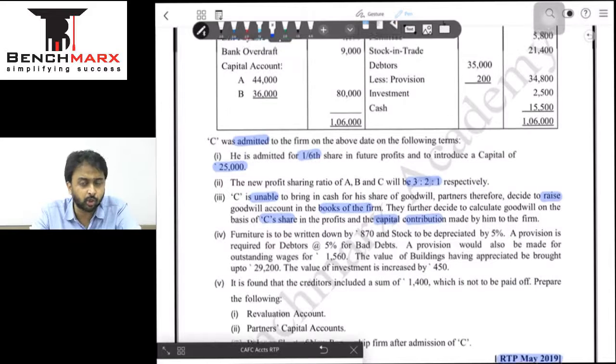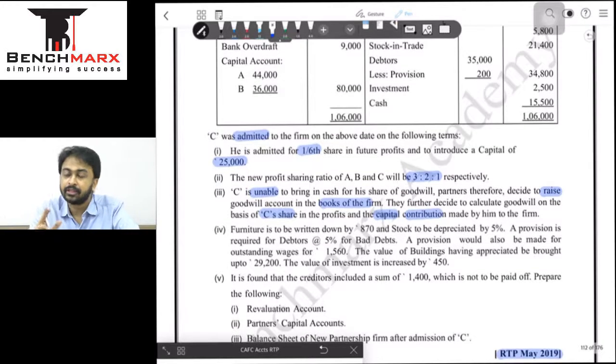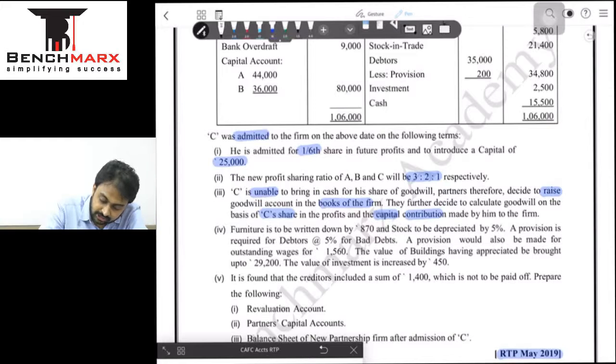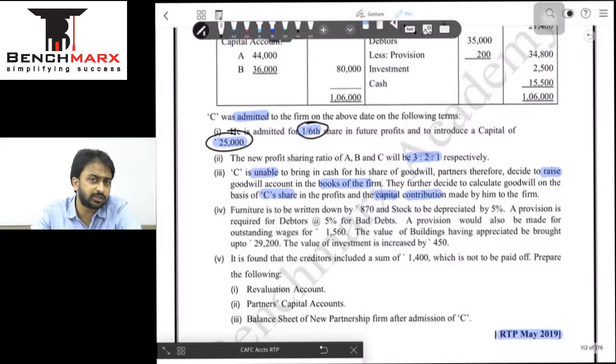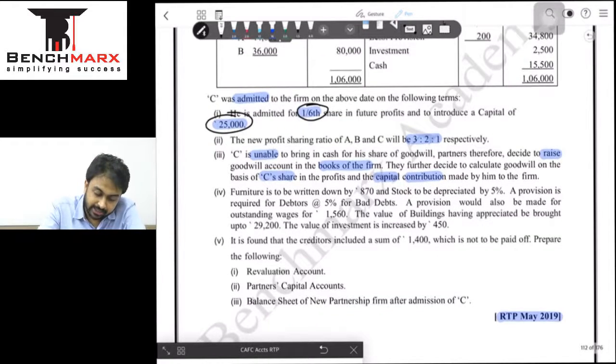So they haven't mentioned how to compute goodwill, that is super profit method or capitalization method or annuity method. They have simply said it is done on the basis of his share, that is 1/6, and on the basis of his contribution, that is 25,000. Based on these two data, we have to compute the firm's goodwill. This appears to be a question on hidden goodwill. Okay, moving ahead. Furniture is written down by 870. Okay, it is a